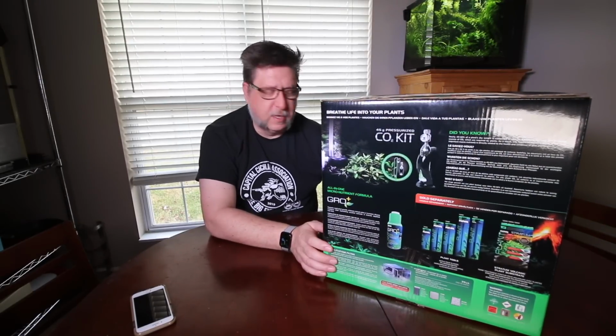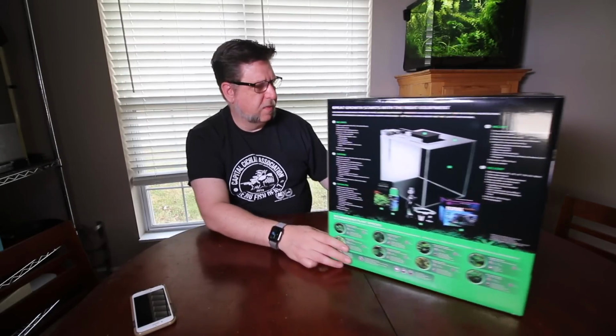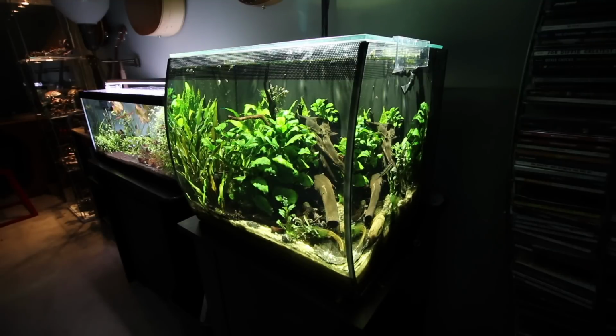It does come with the CO2 system we'll look at in a second. It comes with a lid. It comes with a filter. It comes with a really interesting light that I think you guys are going to love. I love this light. Now price-wise, this is right in between a Fluval Flex 15 gallon, which is about $100